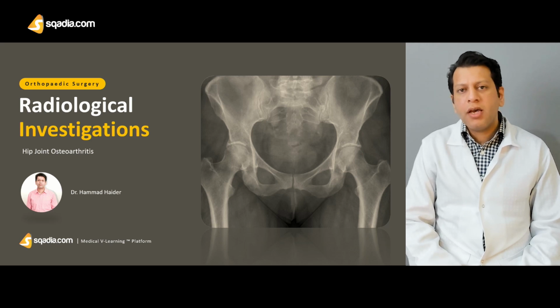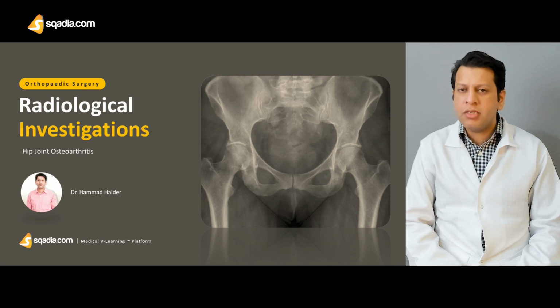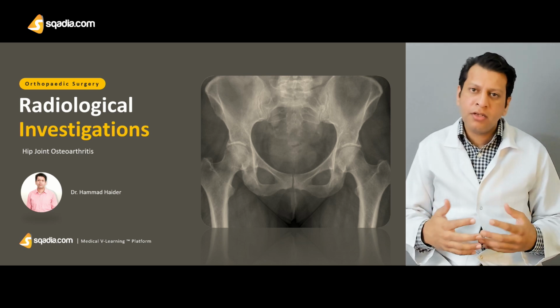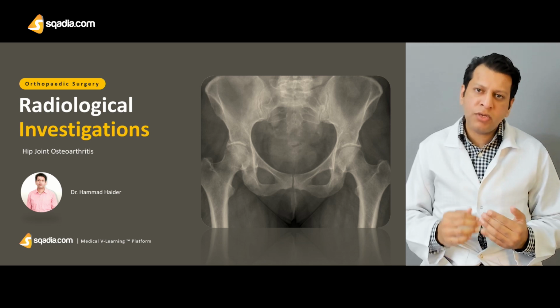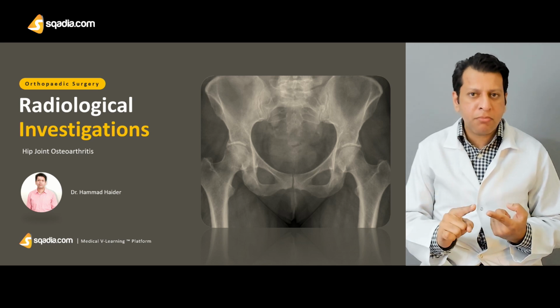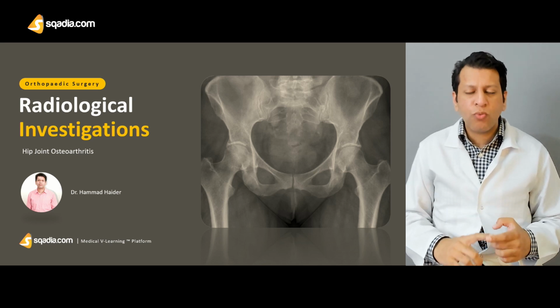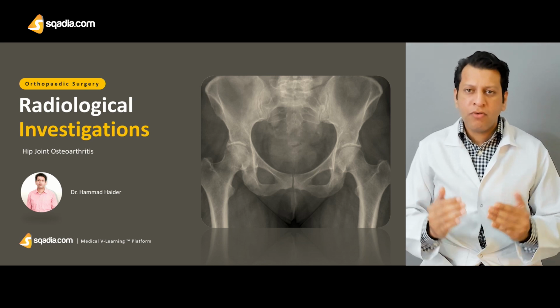Now, whenever we have a patient, after we have taken a detailed clinical history and examination, we have certain differentials in mind. For example, if we are suspecting osteoarthritis, then we need to rule out hip joint pathologies as well as lumbar spine pathologies as well. So when we are going for radiological investigation in case of a hip joint, first we need to look at